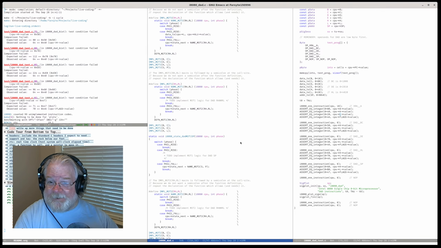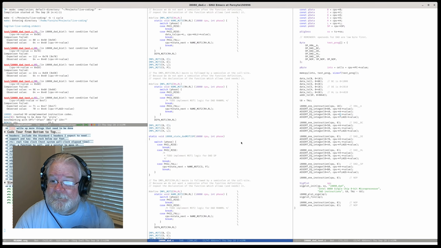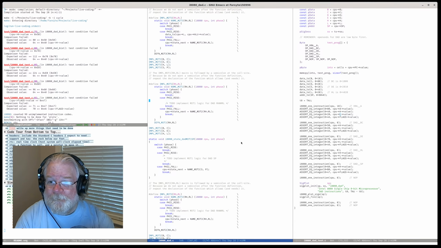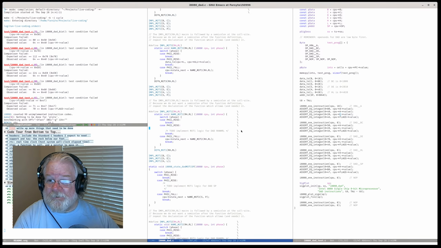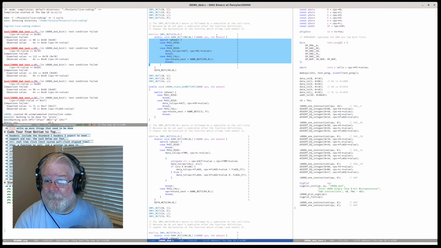So now we work on the H register. M3T1 is where we get the high byte of the operand. It's going to look a lot like M2T1. Let's just grab this bit.